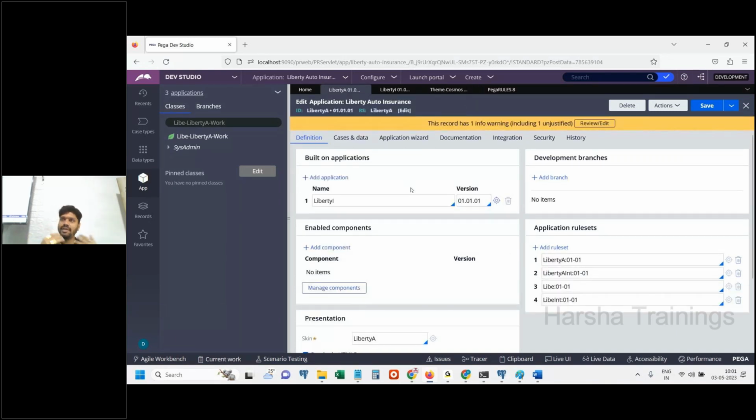There is human involvement, knowledge, understanding, and all. Correct? Yes. When you are doing something, you know whether it is right or wrong before you do it. If it is right, you do it. If it is wrong, you don't do it. If you are placing implementation Liberty A as a built-on application for another application,